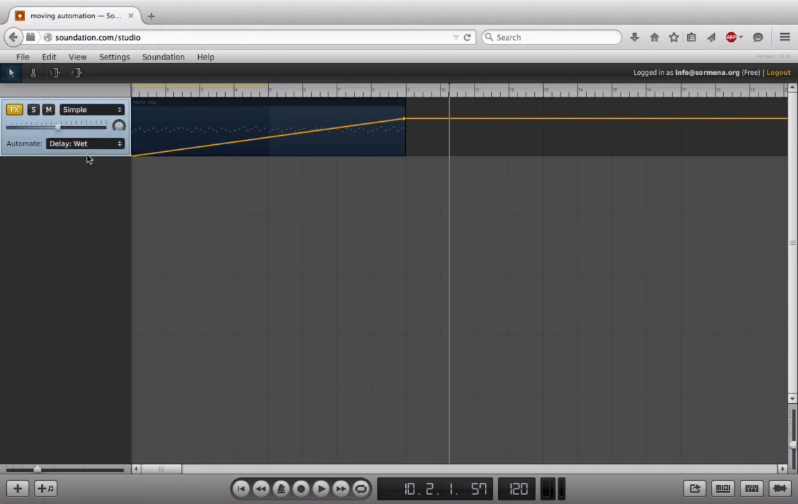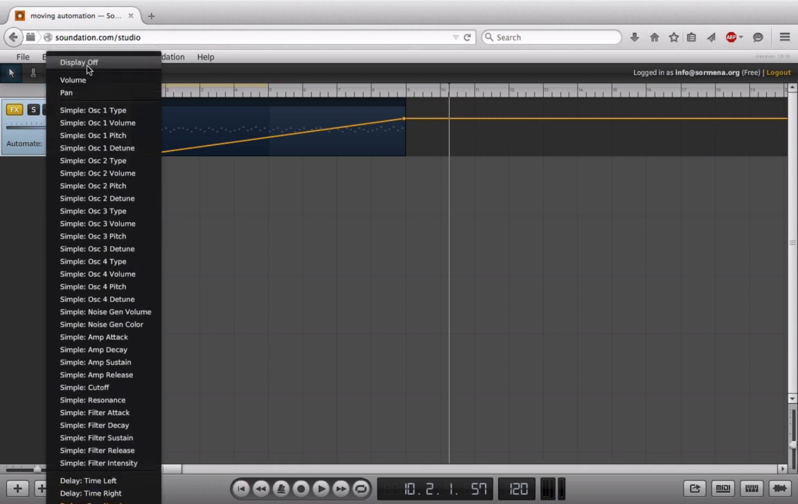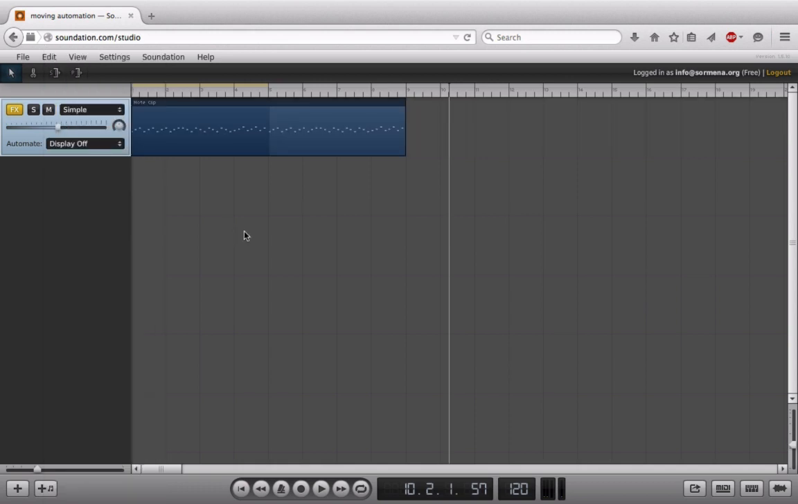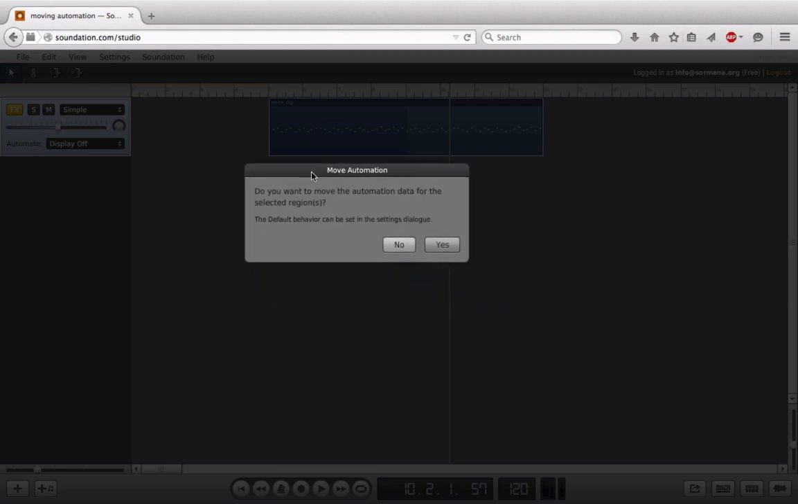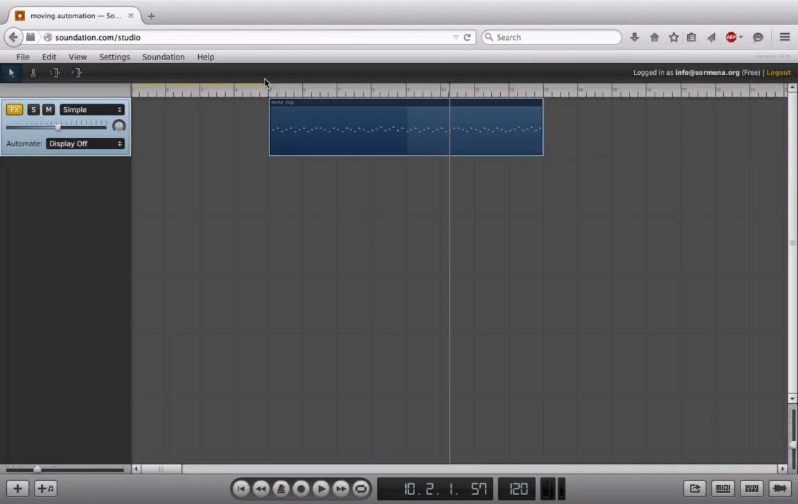Now, what if we're in a situation where we're writing our track, but we just want to move everything over? What's going to happen to the automation? Well, right now what's going to happen when I try to drag this over is I'm going to be asked, do I want to move the automation? Now, if I select no here, what we're going to hear is as I play this back,